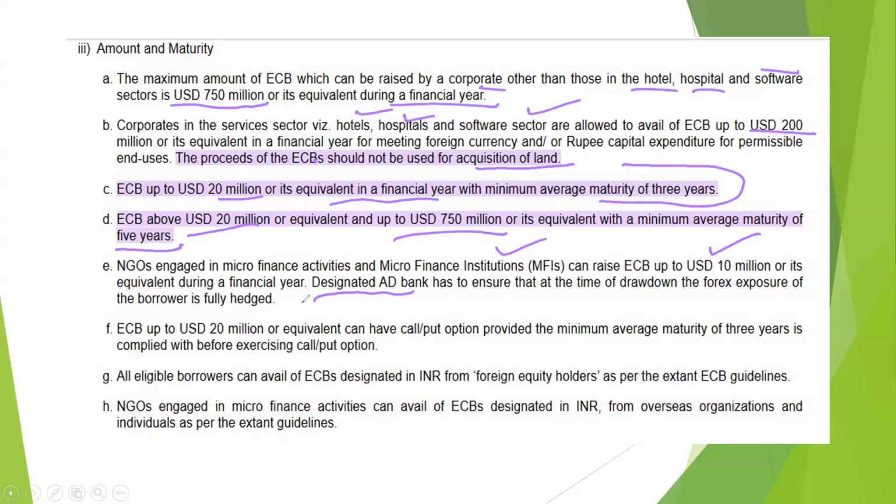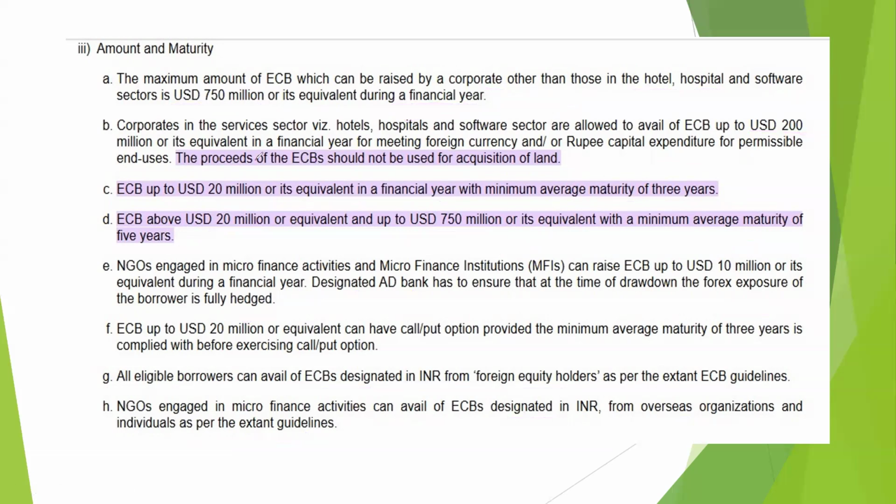An ECB up to 20 million or equivalent can have call put option provided the minimum average period of 3 years is compliant. Okay. And all eligible borrowers can avail ECB designated in INR from foreign equity holders. An NGO engaged in microfinance activity can avail ECB designated in INR from overseas organization and individual as per the guideline. So this is a part of this ECB circular of RBI master guideline. We have already discussed full ECB from this circular. That also you can just search in our channel and you can go through that,